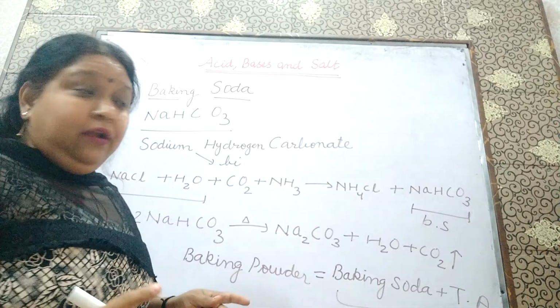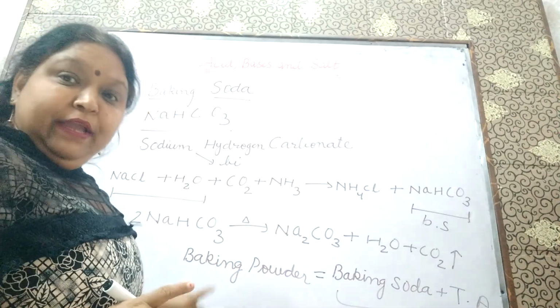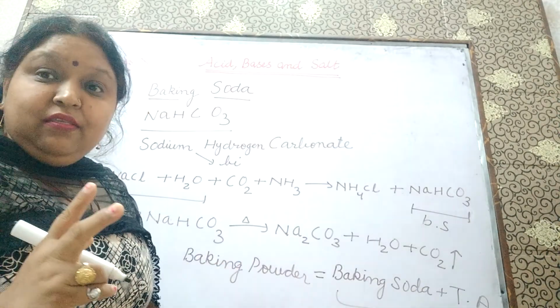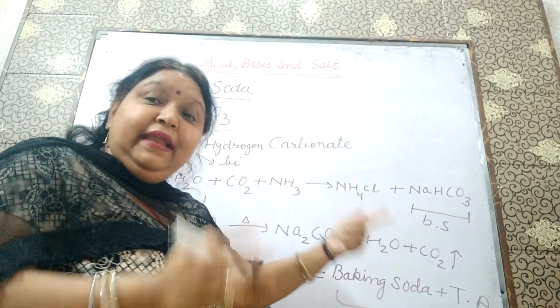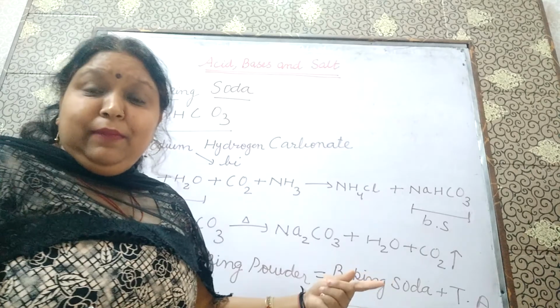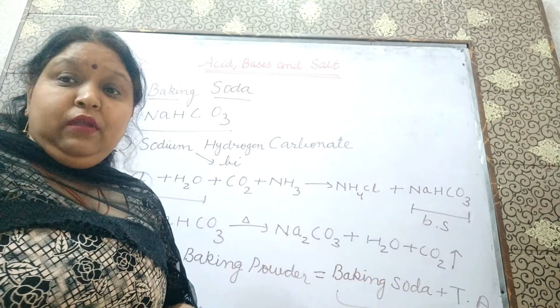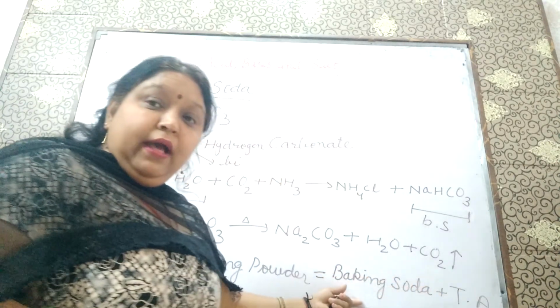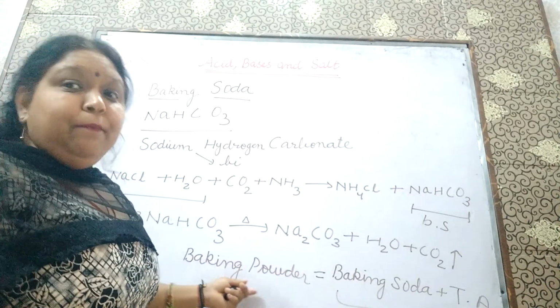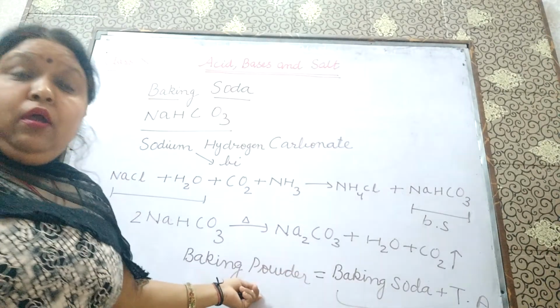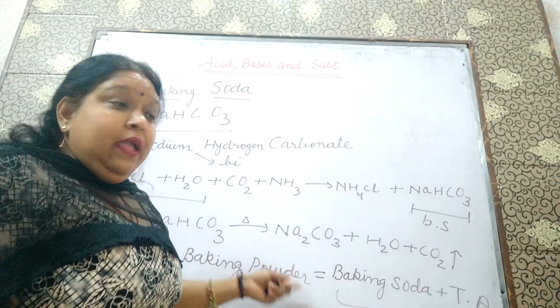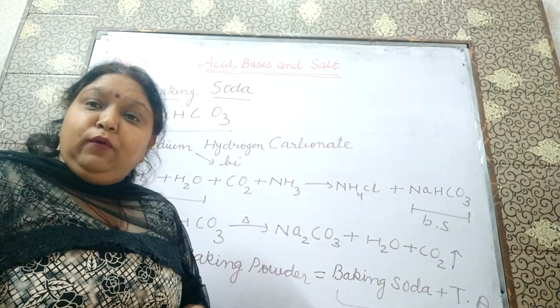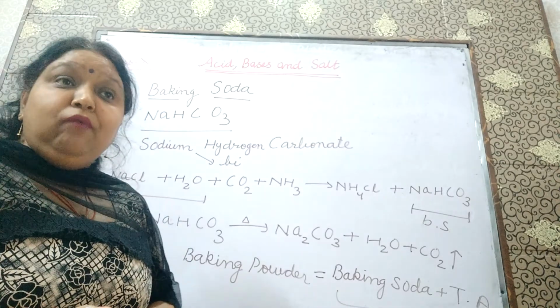Students, remember it, baking soda and baking powder are two different things. Baking powder is formed when tartaric acid or any acid, edible, means which you can eat, is added to baking soda, then it will make baking powder. So the cook has forgotten what main ingredient? It was baking powder. If he will not add baking powder to it, then the cake will become very hard